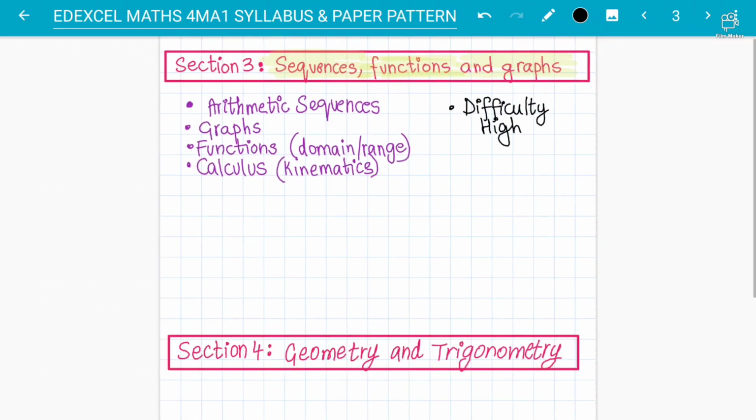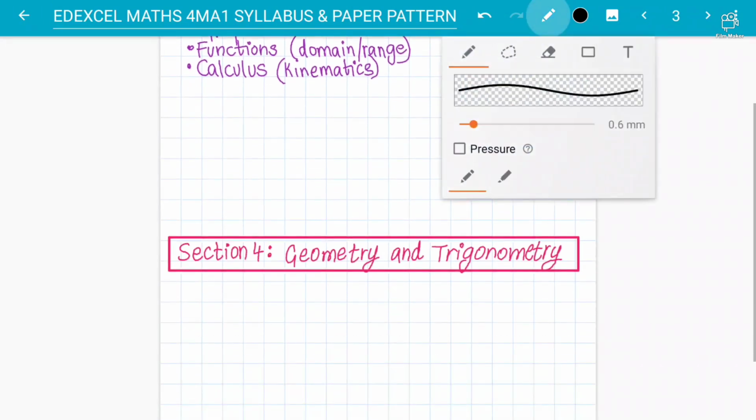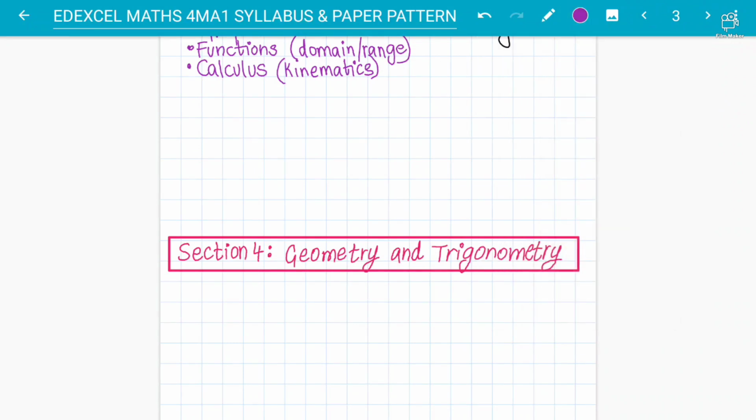Next we talk about section number 4, which talks about geometry and trigonometry. It's all about polygons, shapes, geometrical shapes, circle properties and circle theorems. A lot of students struggle with circle theorems in general. So circle theorems, polygons, circle properties, triangles, symmetry and mensuration, all types of 2D and 3D shapes, 3D trigonometry,